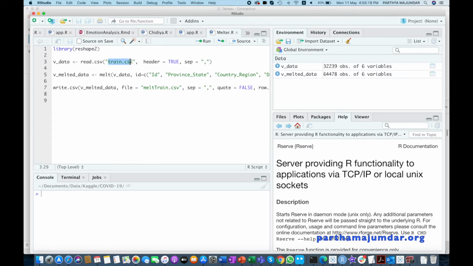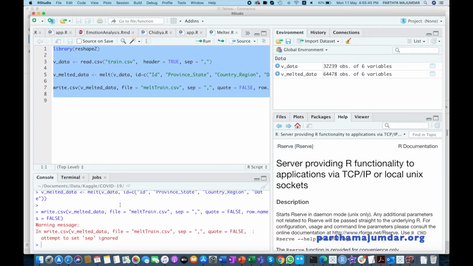Here it takes the data from a file called train.csv. Train.csv is the same file as the Excel that we are using right now. It is a CSV form of the Excel. Now we will use a function called melt on this data so that it puts all the data based on a key into a single column and creates a new file called melttrain.csv. So now I will run this program in R so that the melttrain.csv is created. So there we have the data created in melttrain.csv.